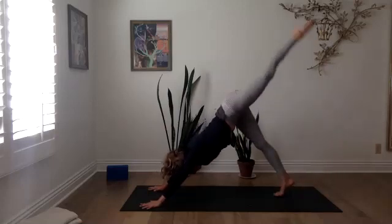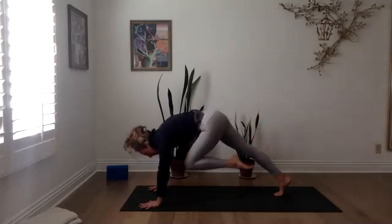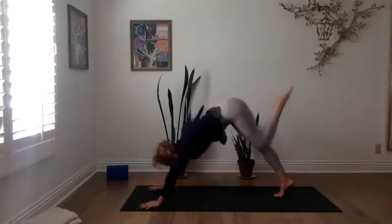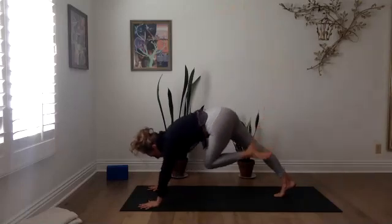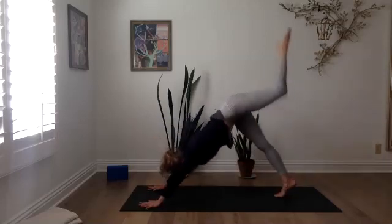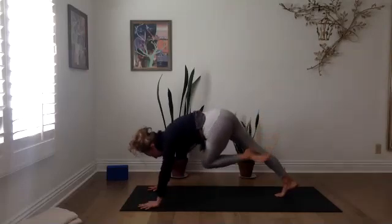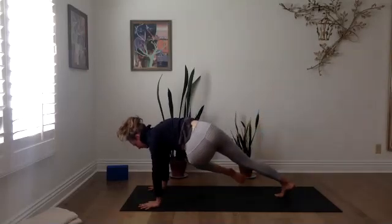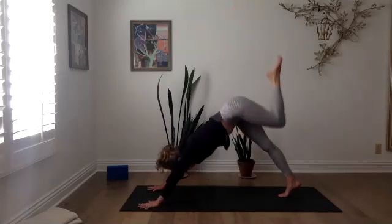Inhale, left leg up. Exhale, knee to nose, curl and squeeze. Inhale, take your leg up. Left knee to right upper arm as you exhale, squeeze. Inhale, reach up and back. Again, left knee to the right upper arm, turn and squeeze. Inhale, reach up and back. Into your thread,